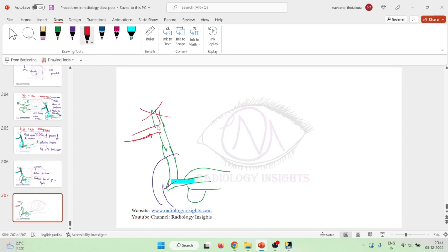This is the T tube, right? Here we have the T tube. If the contrast does not go into the T tube, and is stopped here itself,